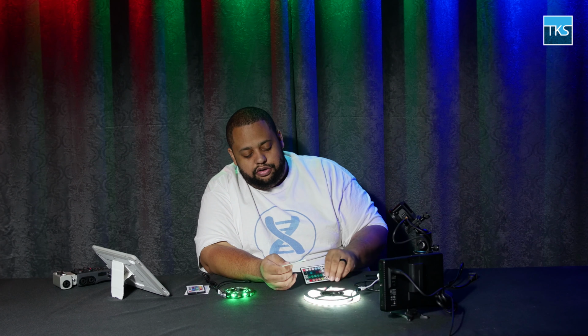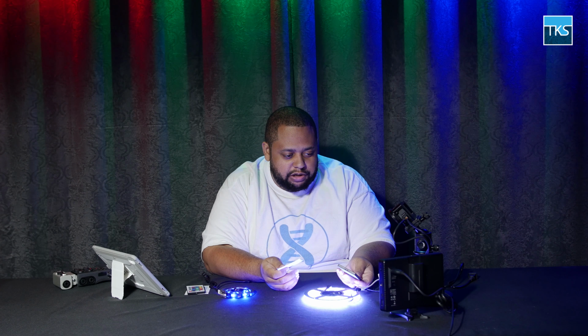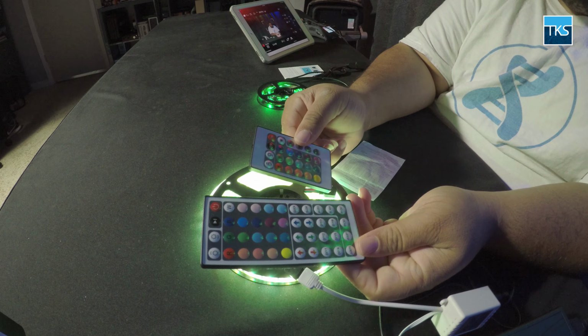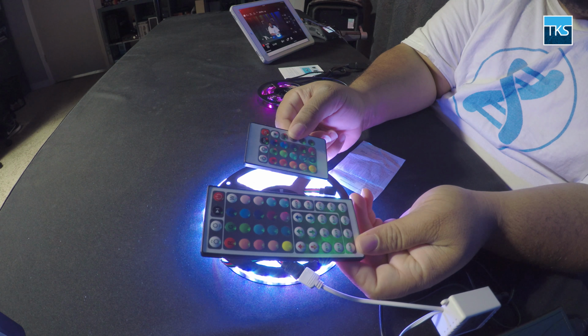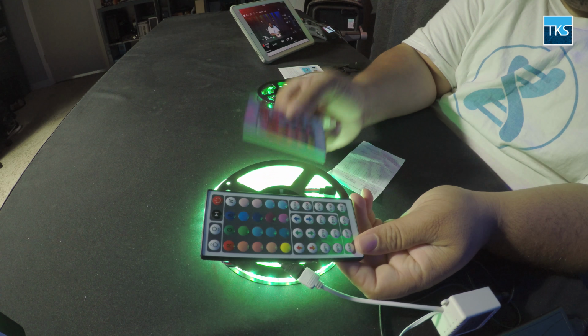This one has a much bigger remote control. Let's show it in this other camera view. Look how much bigger this remote is. Now, this remote here is a lot smaller, the one that comes with the USB kit. It's also the same remote that works the